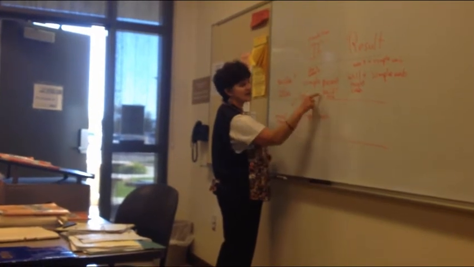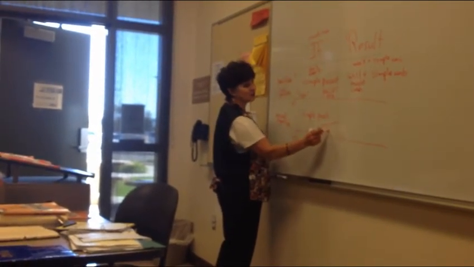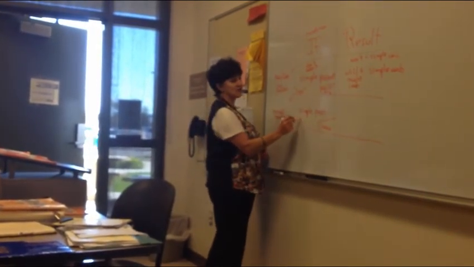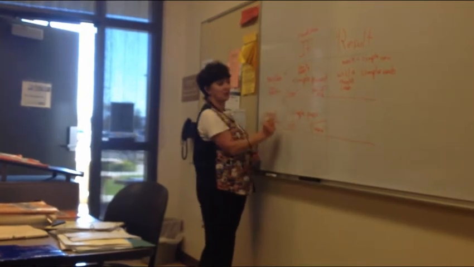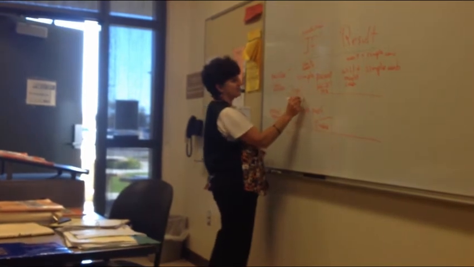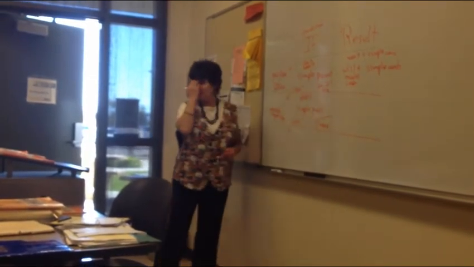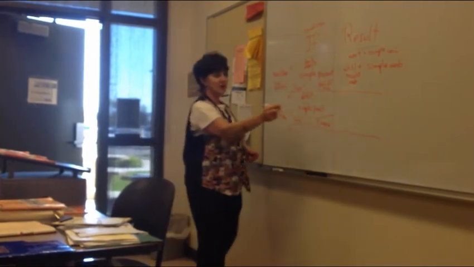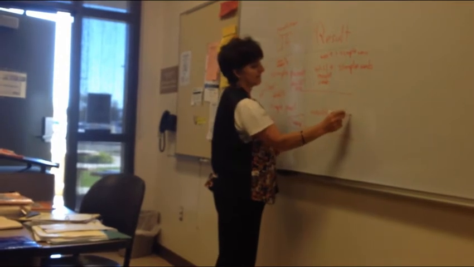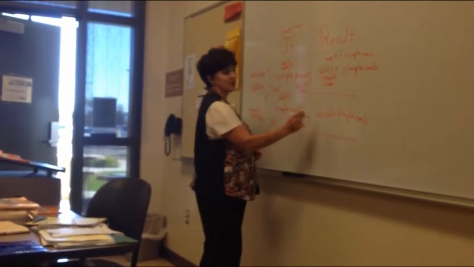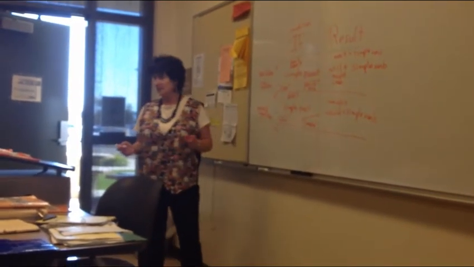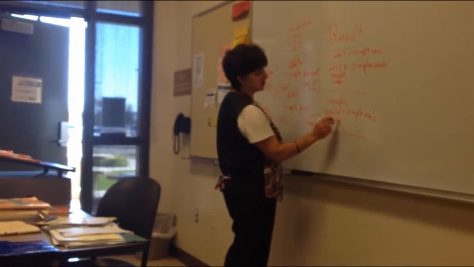Wish. And instead of my to be verb, I'm going to use were for everybody. Didn't. And the wish goes here. Hope here, wish here. And to make negative simple past, I've got to use didn't. Very good. Wouldn't. And so here I'm going to say would plus simple verb. And wouldn't plus simple verb. So negative, we can always make it negative, wouldn't. And could. Yeah, that's a good one to put here. Could or couldn't, both okay.